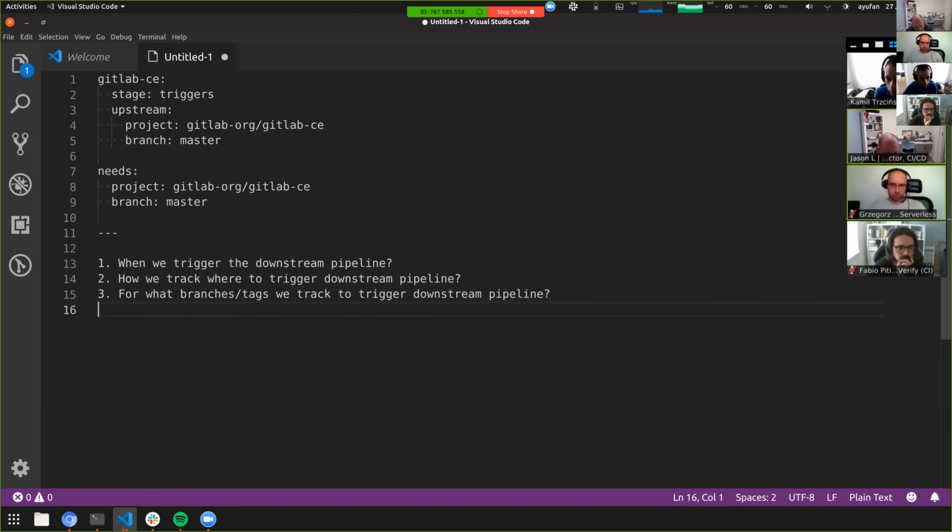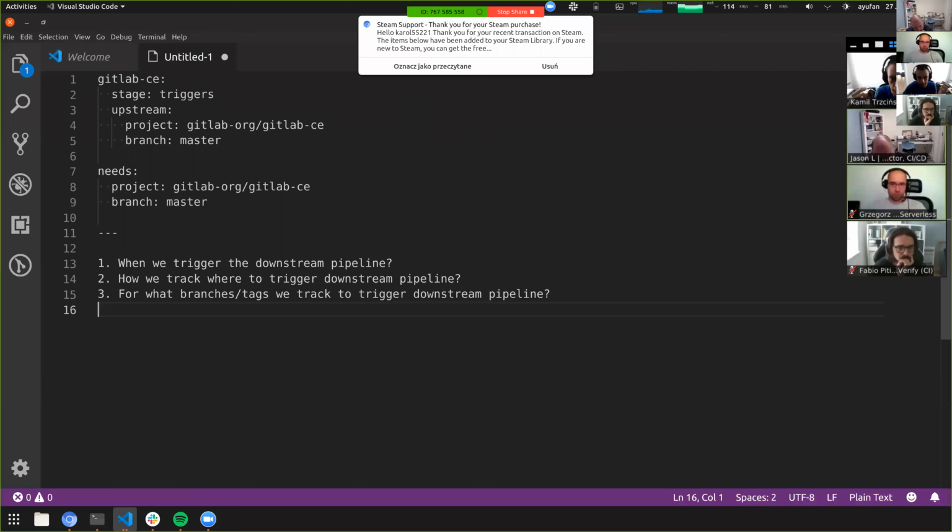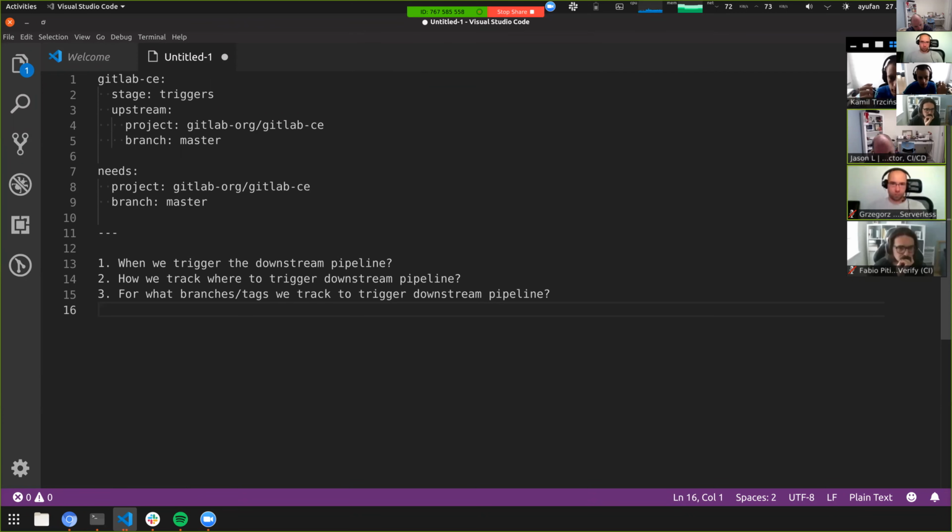Because in whatever solution we choose, whether it's top level needs or job level needs, we need a solution that can work at scale. We're not going to iterate every project for every pipeline finish to figure out whether this project has configuration to trigger a downstream pipeline. So we have to have some constraints that define that in these particular cases we evaluate these needs conditions, and we maybe trigger this pipeline because of these needs conditions. Is that correct? Yeah, I think so.